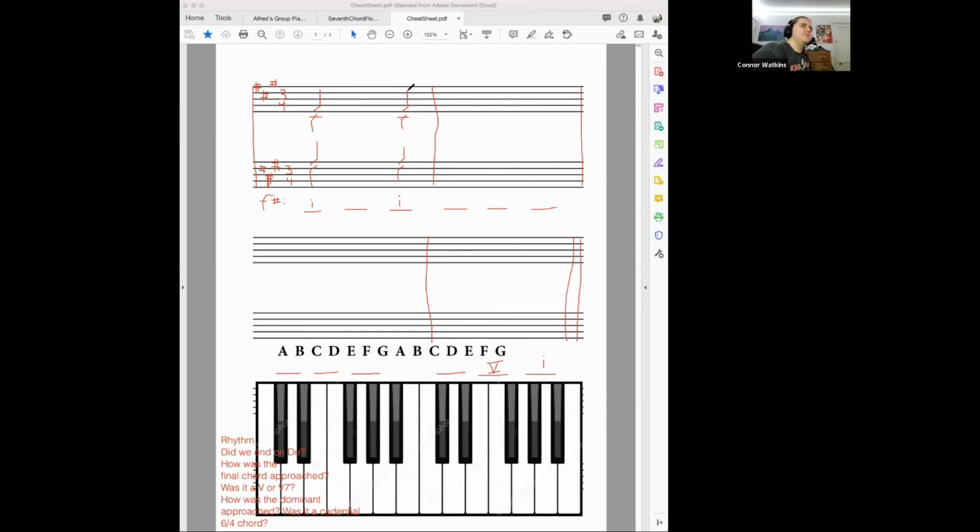Maybe it goes 1-2 because it sounds like it's diminished. It sounds like it wants to go somewhere, but I'm not sure. How different is a diminished 2 chord and a dominant 7? Do they have any tones in common? I think they do. I think they both share